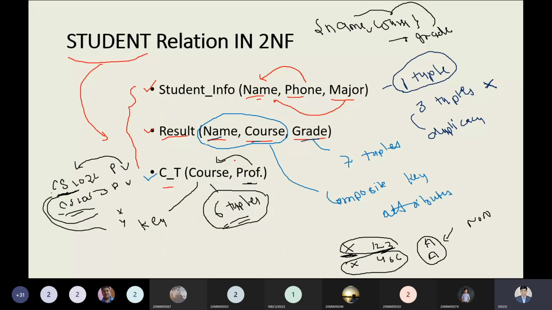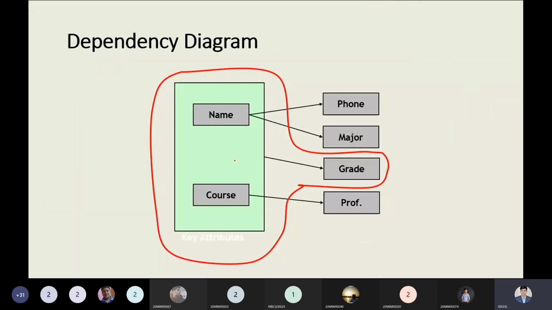So this is the dependency diagram as we have seen over here, and it is saying to us we can decompose our information as per our desire. But keep in mind, while decomposing, if you are not losing any information, then you are following lossless decomposition. But if you are losing information, then you are following lossy decomposition. A few minutes ago we saw these concepts. So far, we have discussed the fundamental concepts of normalization, first and second normal form.